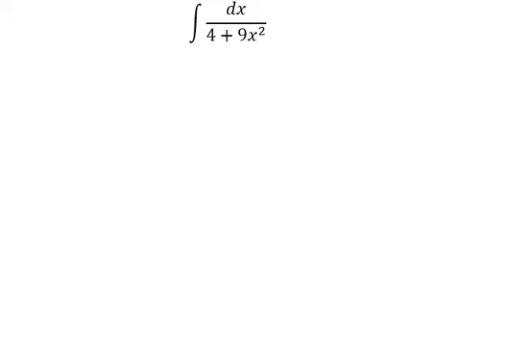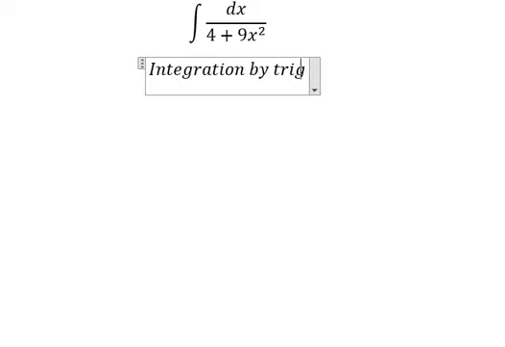The topic today is about integration. So now I want to show you how to answer. We need to use integration by trigonometric